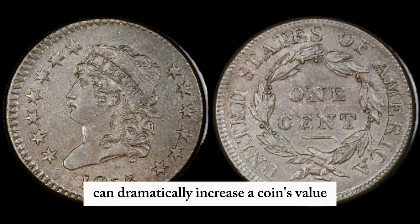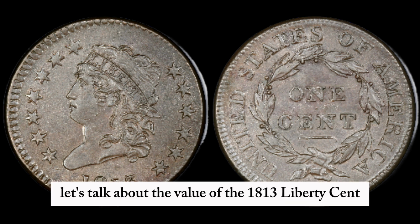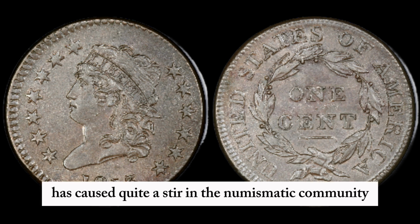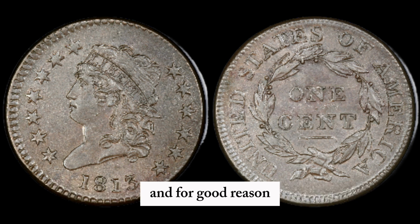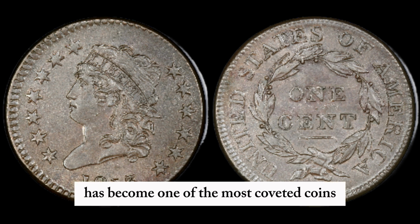These errors can dramatically increase a coin's value among collectors. Now, let's talk about the value of the 1813 Liberty Cent in today's market. Recently, this particular coin has caused quite a stir in the numismatic community, and for good reason. With fewer than 10 known examples in pristine condition, the 1813 Liberty 1 cent has become one of the most